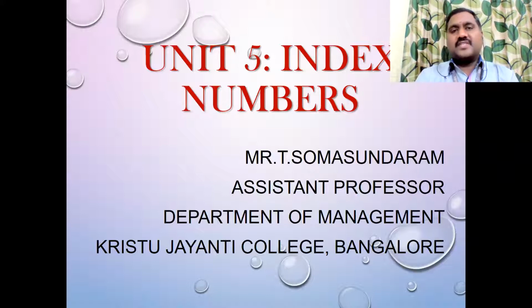The second method is what we discussed yesterday: regression equation through regression coefficient, by actual mean or assumed mean. Actual mean means you have to find the x bar and y bar, then find the small x, small y values, substitute in the formula and get the equation y on x, x on y. And the second one is assumed mean.